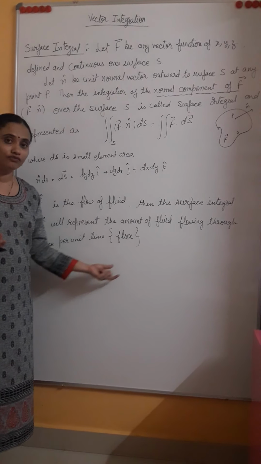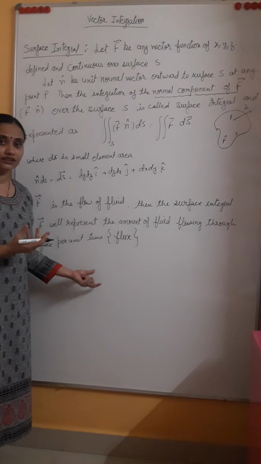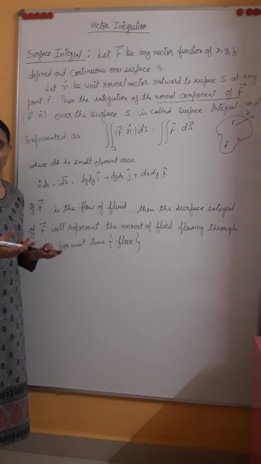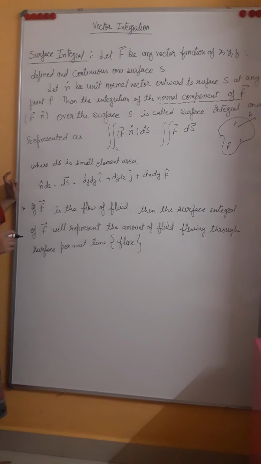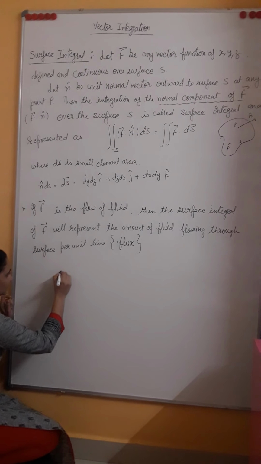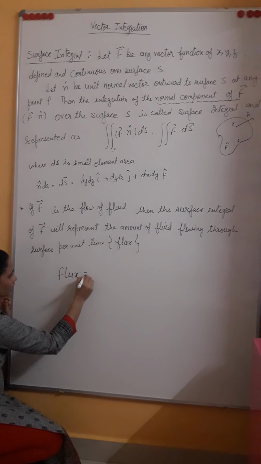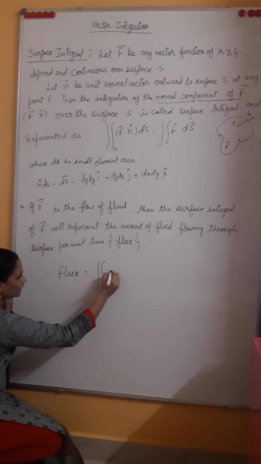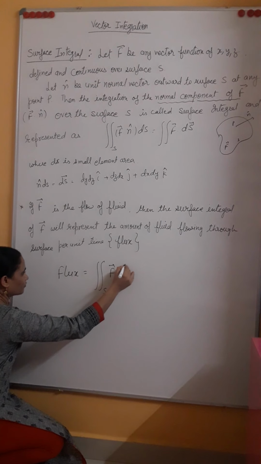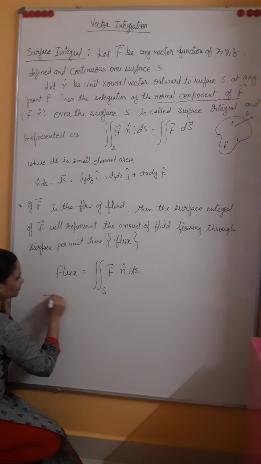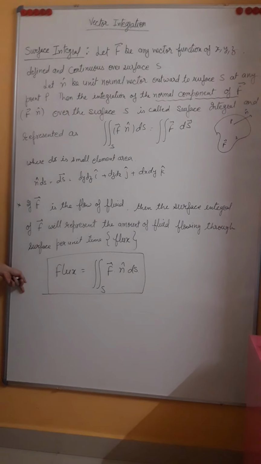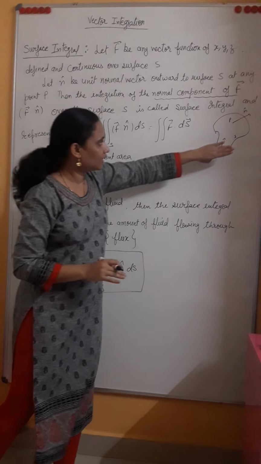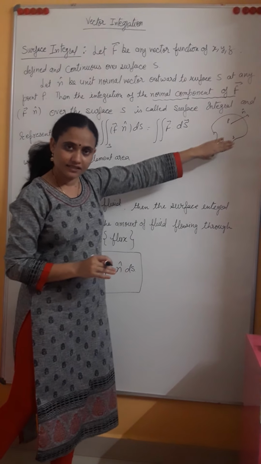So I would say that this is the most important vector integration, surface integration, as it represents flux, because in most physical and engineering fields we deal with flux, whether it is electric flux, magnetic flux, or in other fields how much fluid is flowing per unit time. So this plays an important role. If we have to find the flux, we can make it a formula: flux is given by the surface integral of the function over the given surface. Remember that a line integral is along the curve, while a surface integral is two-dimensional along the surface.